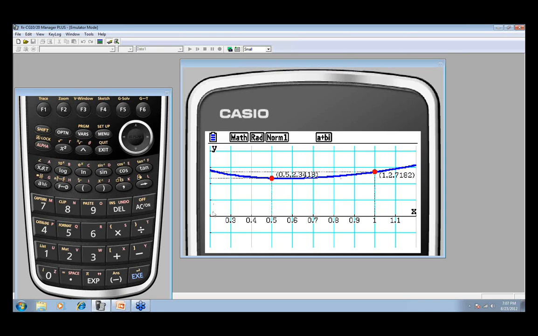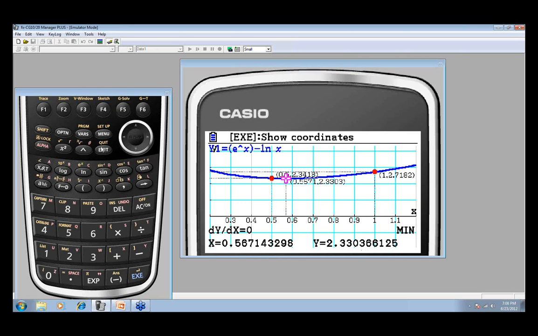We could go back and address our y-axis and see it a little differently, but the quickest way to find out the minimum would be to press F5 and then press F3, and that's going to mark the minimum for me as being at 2.33. That's the lower point. So press execute to mark that point. Then you can press exit, regraph it, so that you see just the points you were really wanting to analyze. You've got your endpoints, and you've got your point where the derivative would have been 0, and you can compare this to get this to be your minimum value and that to be your maximum value.